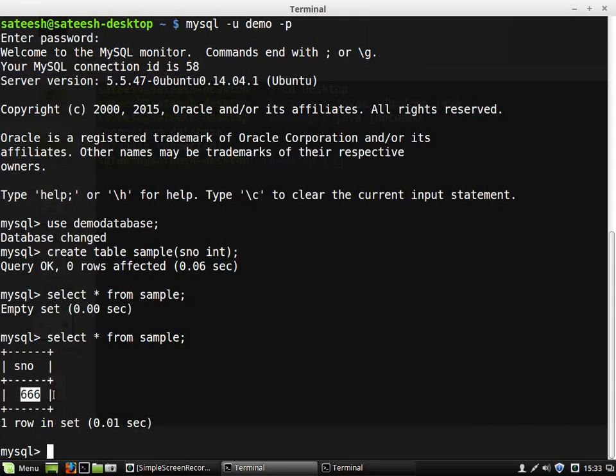If you extend this topic, and if you are good at writing such kinds of programs in Java, then probably using servlets you can also insert some values from HTML forms, and Java applets. So we can develop very good user interfaces where users can directly interact with the database from any place.